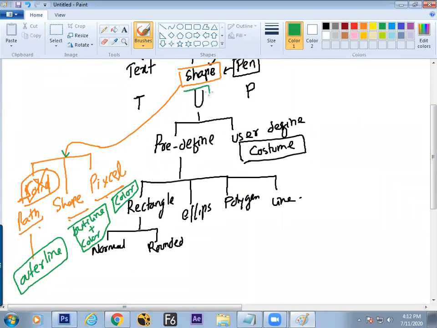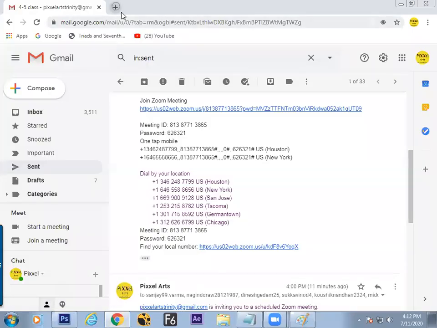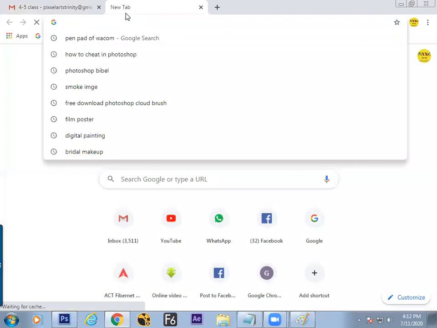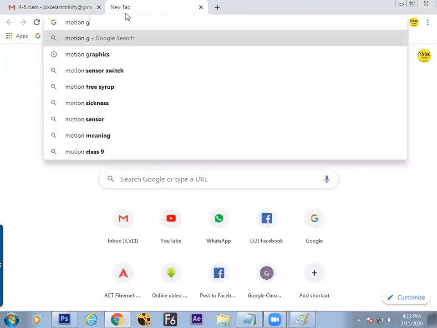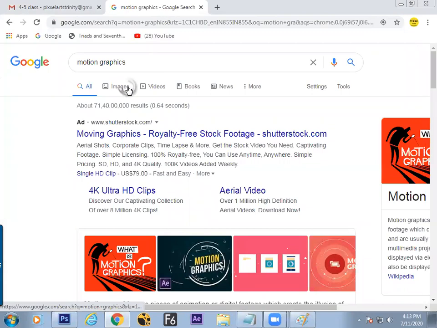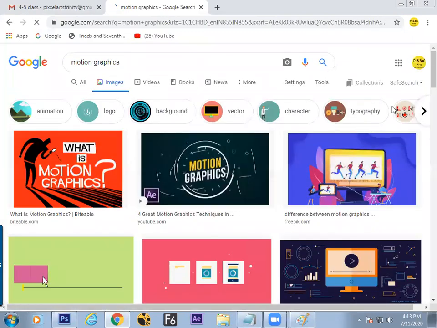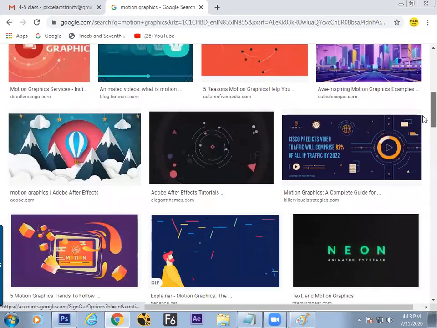Hotkey is U. We'll start by finding out how these shapes are used, because of the importance of shapes in what motion graphics is completely done with. For After Effects students, it is a must. In motion graphics you'll find only shapes, and all these shapes are created by this shape tool.